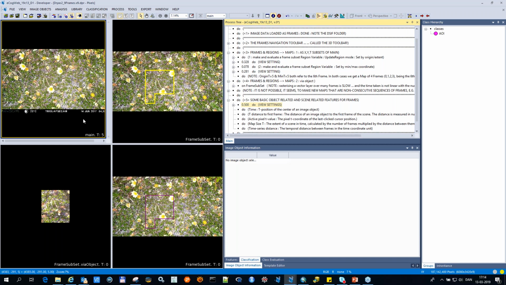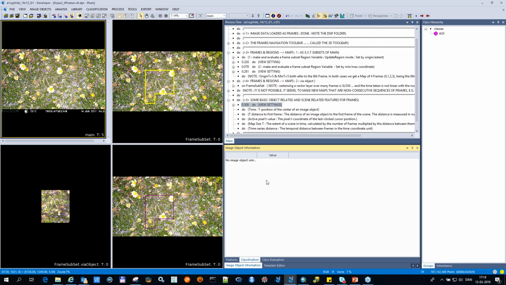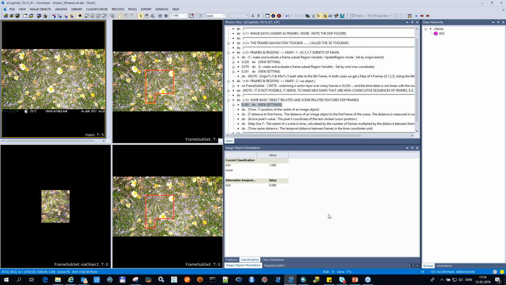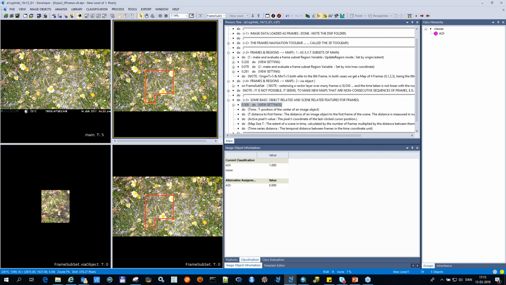I want to show a few of the features in this demonstration, finally, that relate to frames. So for instance, there should be more things showing up here. There are a number of specific features that show relating to frames, such as the